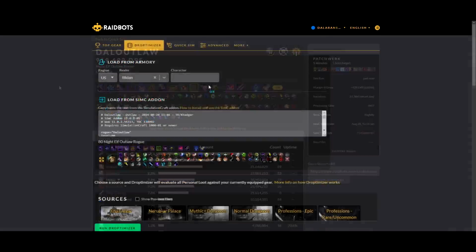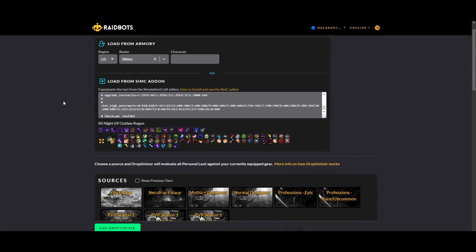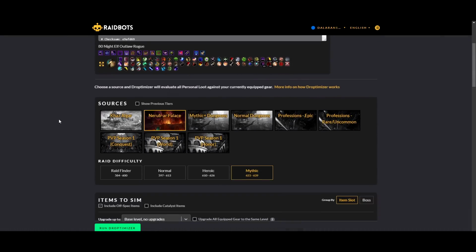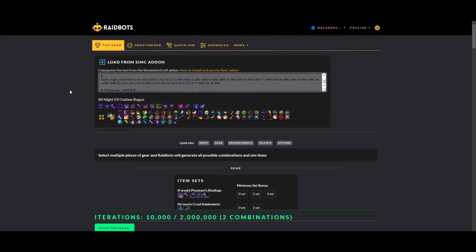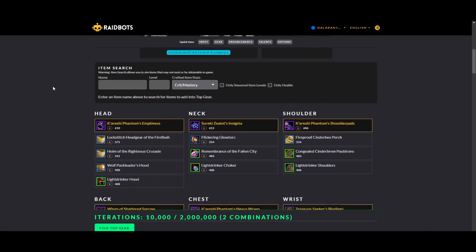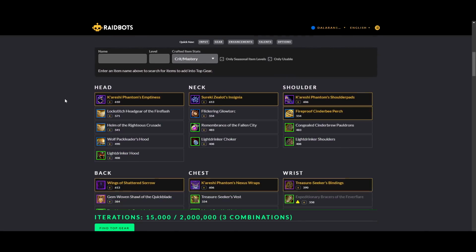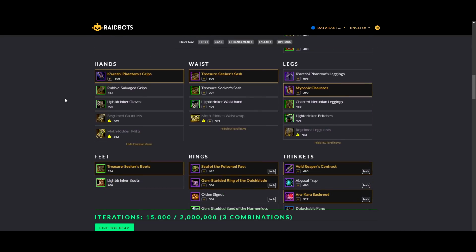You could also use the Droptimizer tool, which is very helpful to find out which dungeons or which raids you should be running in order to get some of your best and biggest upgrades. Or if you just want to compare items in your bags against one another, you could do so with this add-on. And there's a collaborative effort of players trying to keep it up to date for every single class and